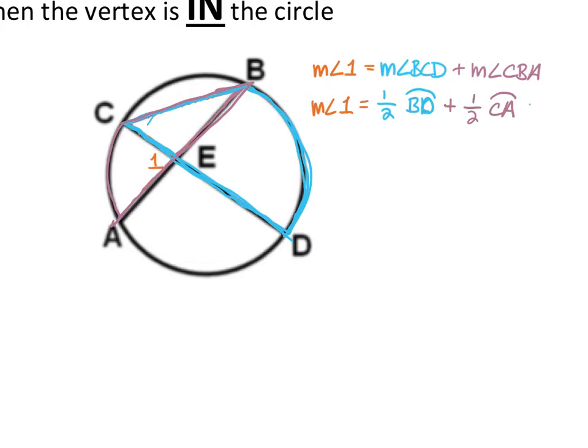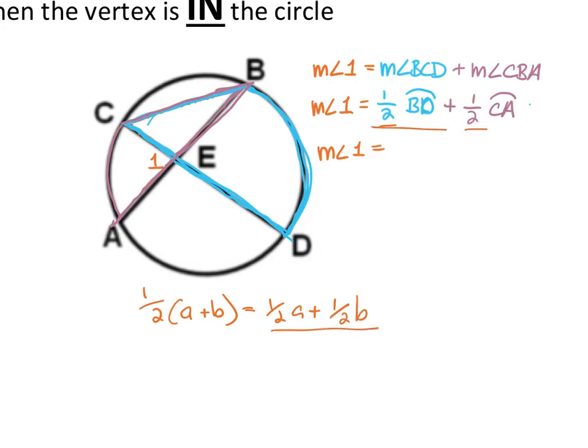I'm going to take it one step further just to make our formula easier to use down the line. So the measure of angle 1 equals, well, if you know the distributive property, where if we have something like A plus B and we multiply it by 1/2, then it becomes 1/2 A plus 1/2 B. Well, I'm going to show you that we can actually factor this out. What we have here is like what we have here. So I'm actually going to pull the 1/2 out up front. So I have 1/2. I forgot my M's in here for measure. 1/2 the measure